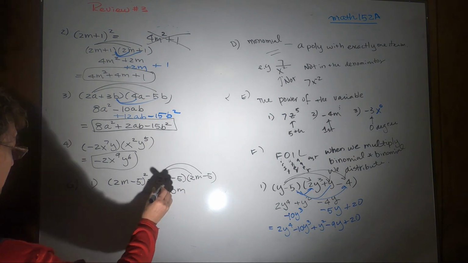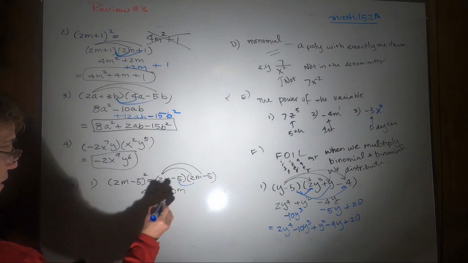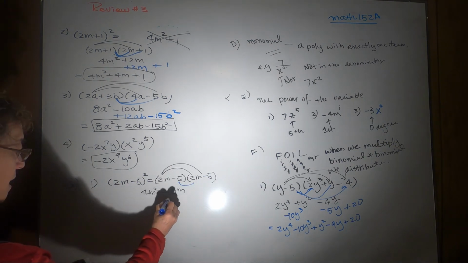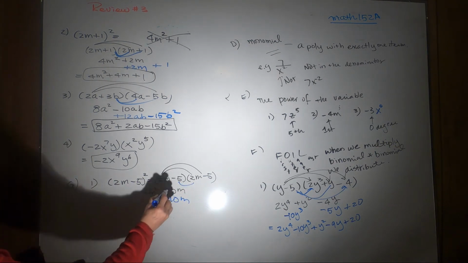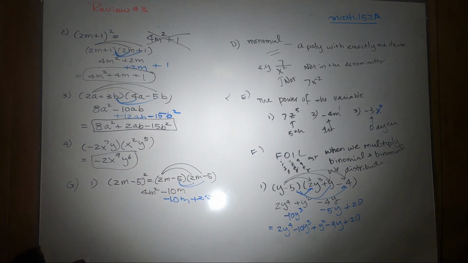Minus 10m, right? Then bottom rainbow, -5 times 2 is what? Minus 10m again. -5 times -5 is what? Plus 25,